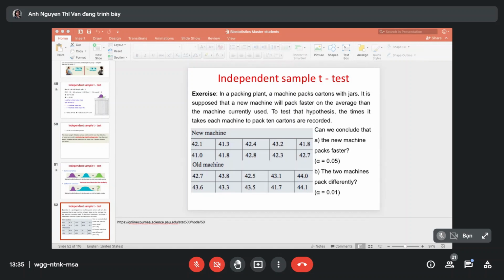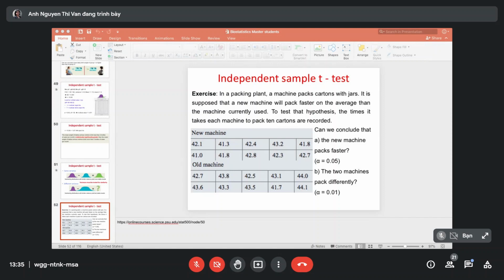Or the packing time of new machine and old machine. Yeah, the packing time. Okay, so packing time is a univariate, and what you check for the normal distribution here is whether the variable packing time follows the normal distribution, not new machine or old machine. Okay, the variable, the dependent